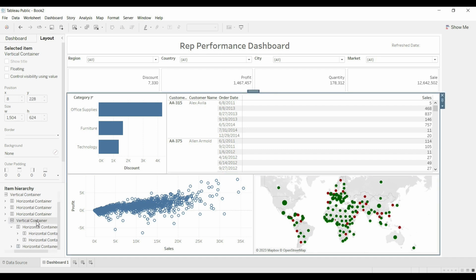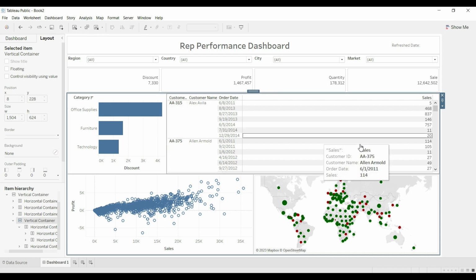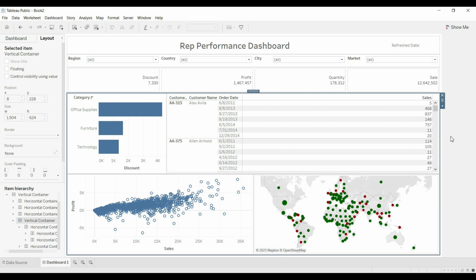So a vertical container, and in that a horizontal container, will give us the capability to adjust height and width based on that. For example, if there is a requirement to make a modification, it will be very quick. You can do everything within 5 to 10 minutes. Whereas if you are not following these best practices, then you will have to rework again and again, and you will invest more time.